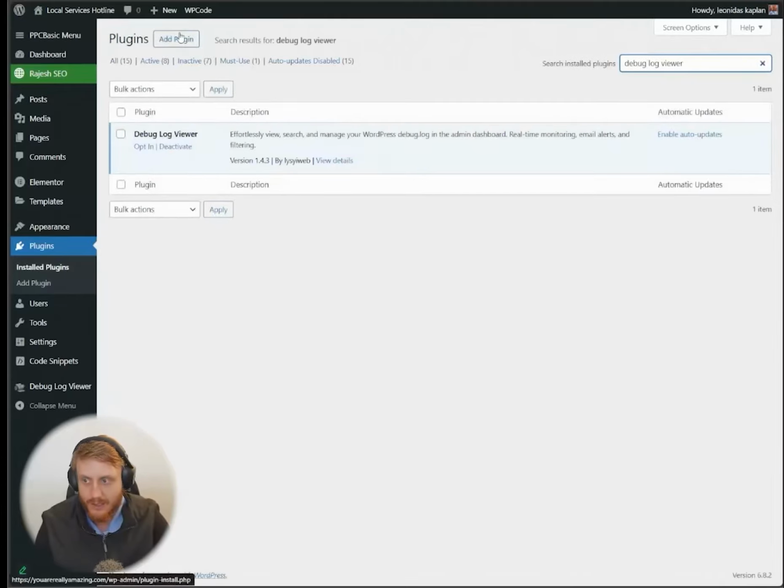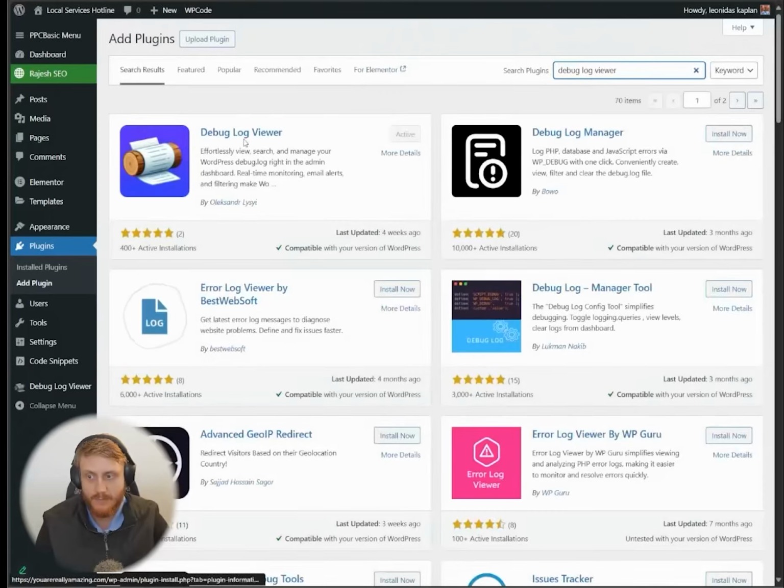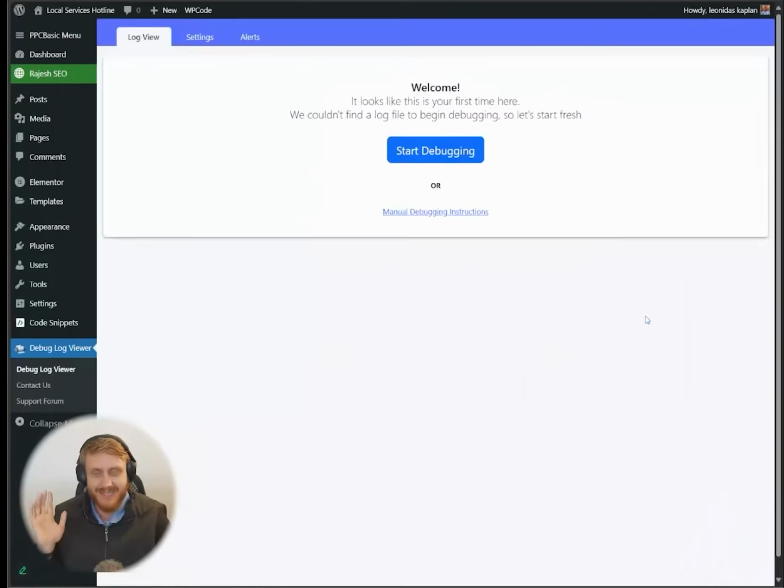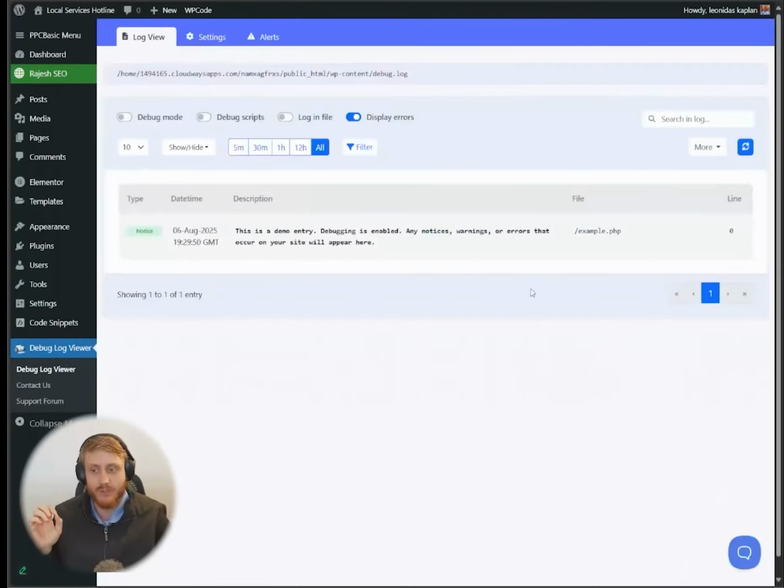And actually, let me put that here, Debug Log Viewer. And you simply install it. Once it's activated, you click on it, right? This is not my plugin, by the way. It's a little bit basic for my needs. I would personally develop my own debugging plugin in the future, but for the sake of this tutorial, this is the fastest way for you to start seeing what kind of errors you're running into. And then